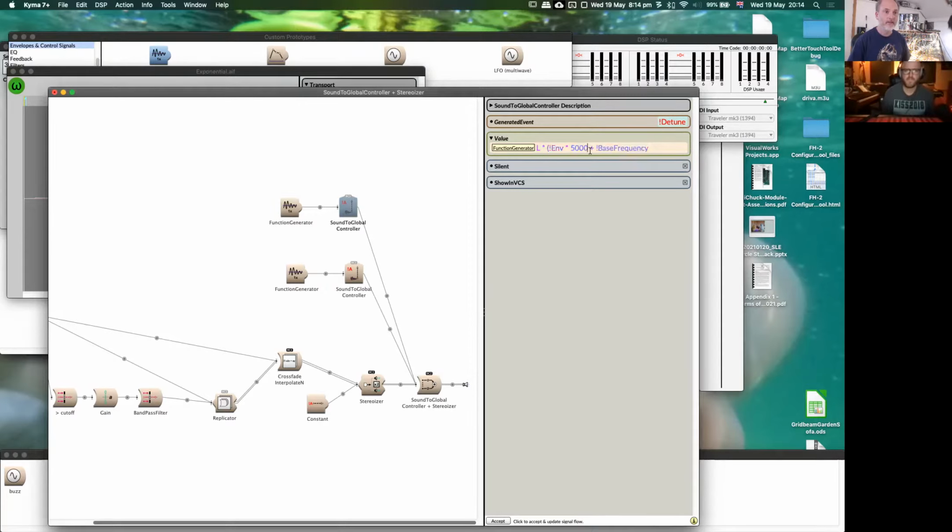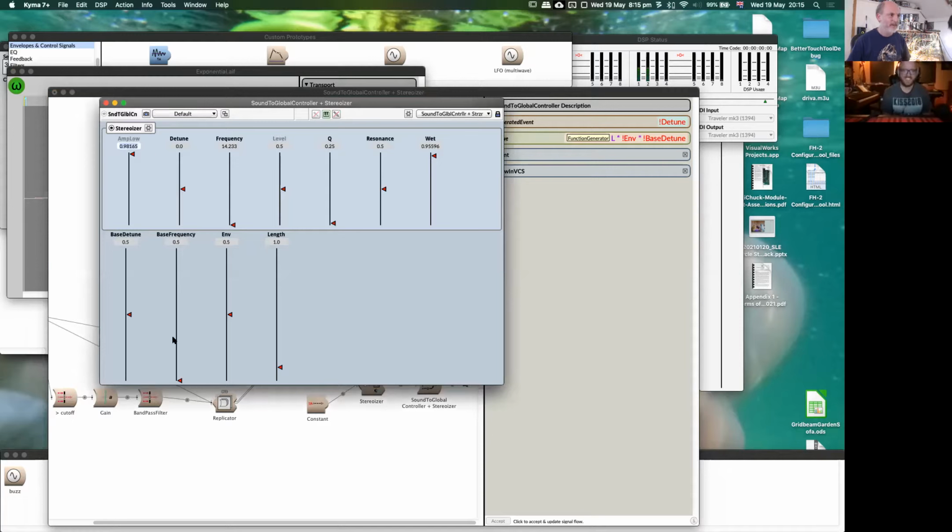And so again, we'll multiply that just by env to say how much you want it to be done by that, and then we multiply that by the base detune amount. So if we have no detune, then it won't do anything. I don't know, maybe we should have, anyway, there you go. So a base detune is like, so you can see that our frequency is doing one thing and our